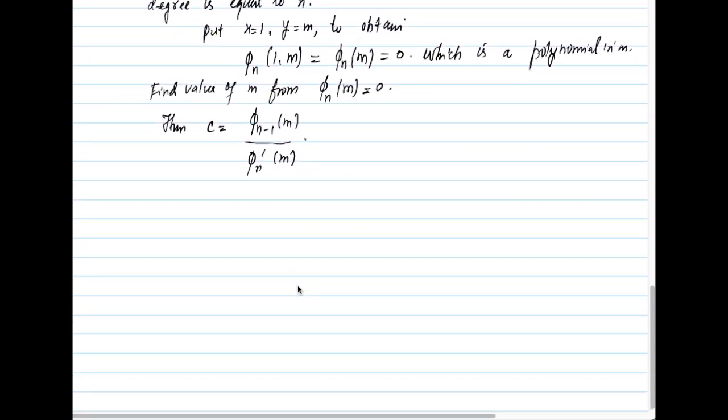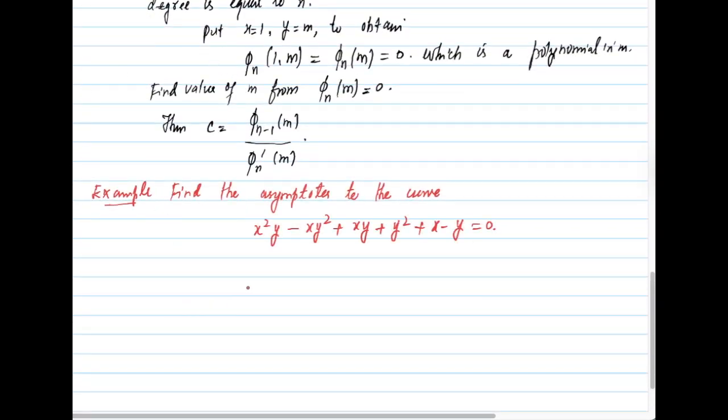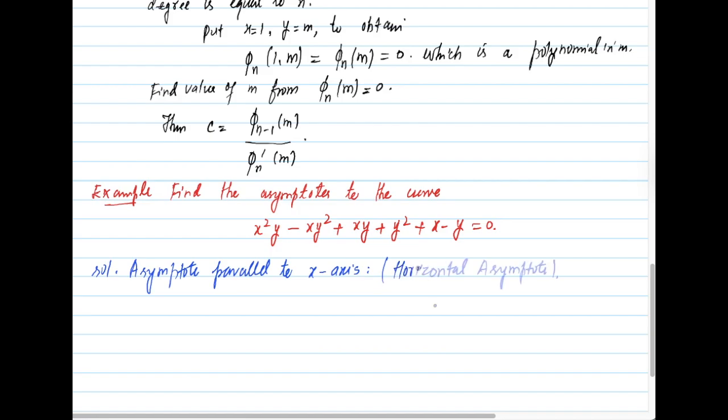So this is how we find the three different types of asymptotes to any curve। Now let's take an example। So this is our curve for which we will find all the three asymptotes। तो यहाँ पे हम first of all निकालेंगे what is our asymptote parallel to x-axis and asymptote parallel to y-axis। So in the solution, asymptote parallel to x-axis, this is obviously a horizontal asymptote। Now according to our rule, this will be obtained by equating the coefficient of highest power of x to 0।